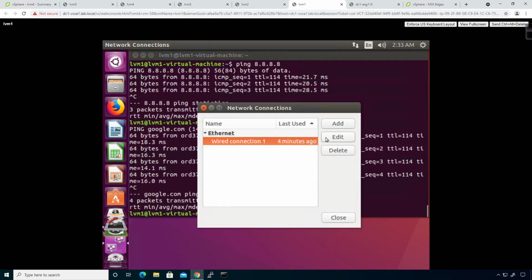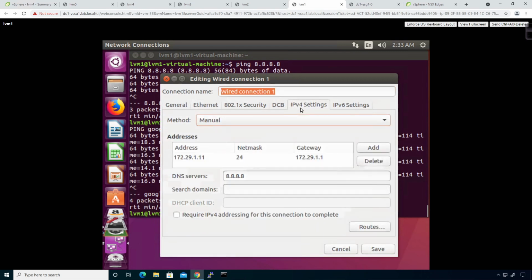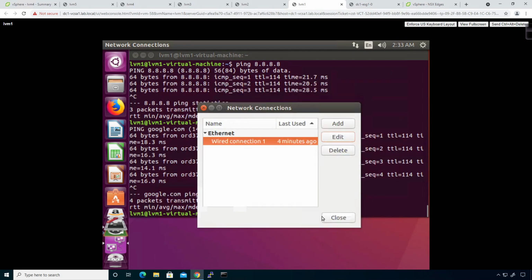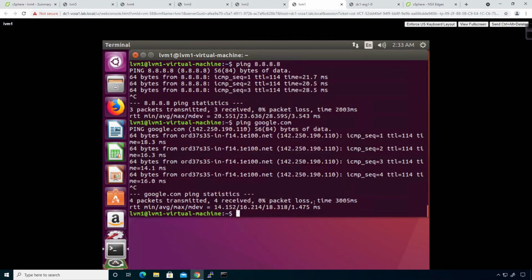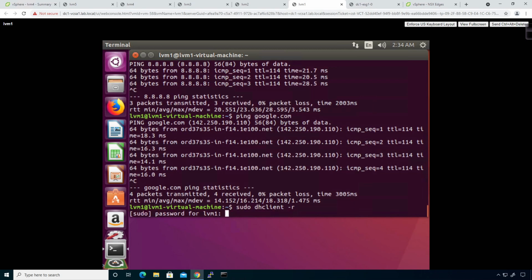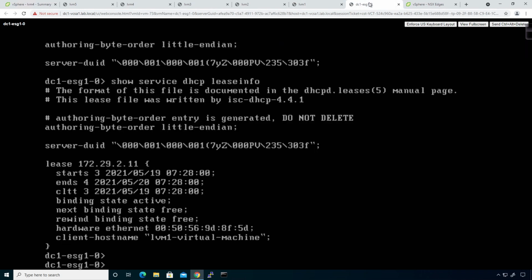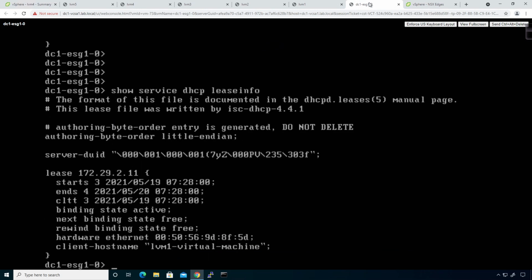This is going to be the bulk of the time, but we want to make sure that everything's working so that we're not doing anything wrong. Let's get automatic and then swap the quad 8, save, close. And I'm going to type in sudo dhclient -r. We're going to give it the password. That's that. And then if we look at the ESG and hit the up arrow, we can see just a